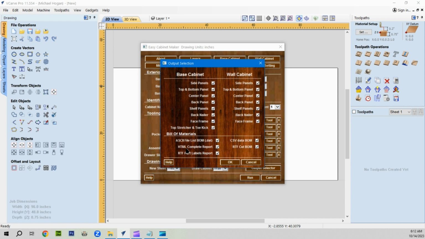Also, with those bill of material files, there may be a cutlist file and the HTML complete report you can bring up in your browser. You can review it. You can print it out from your browser, take it to your workshop, and either use it at the CNC as a reference, or you can take it to any one of your other tools, the table saw, bandsaw, and cut the parts out there,